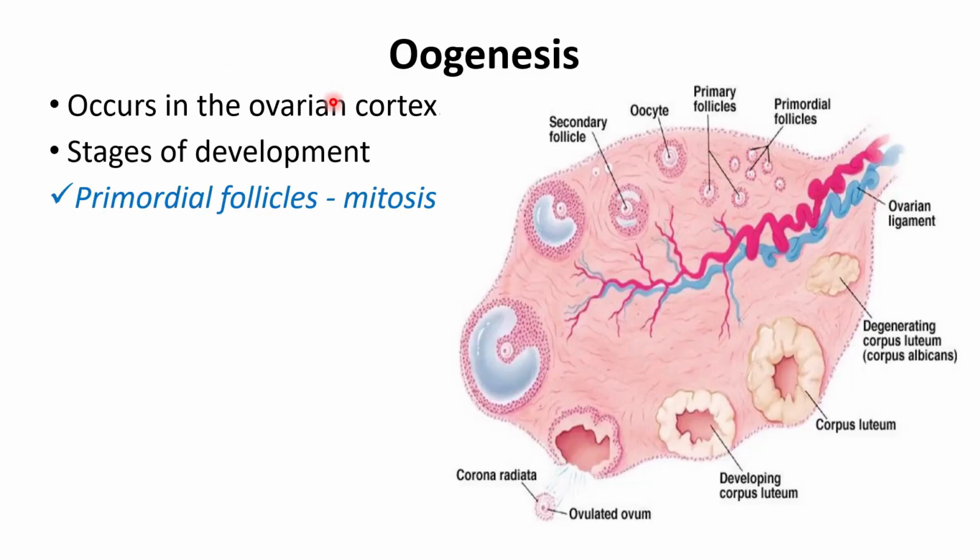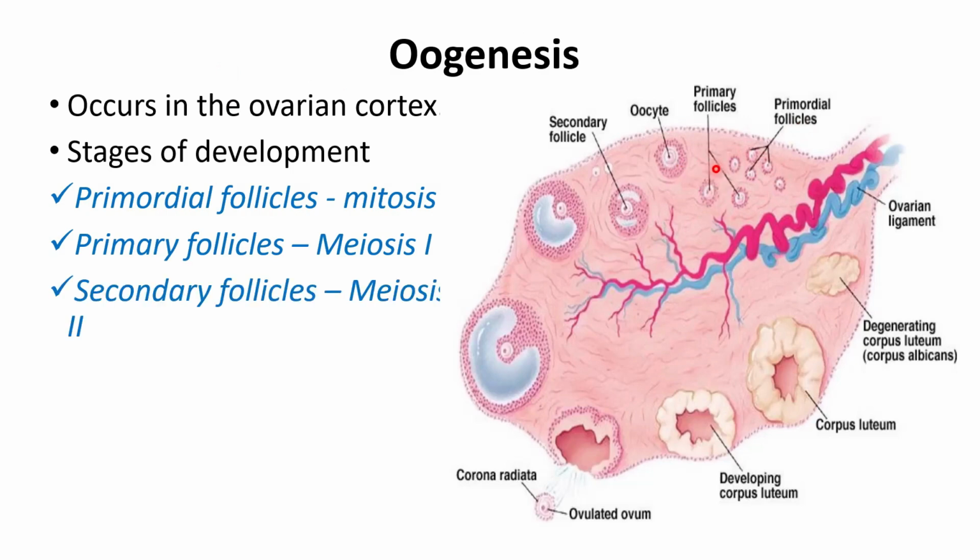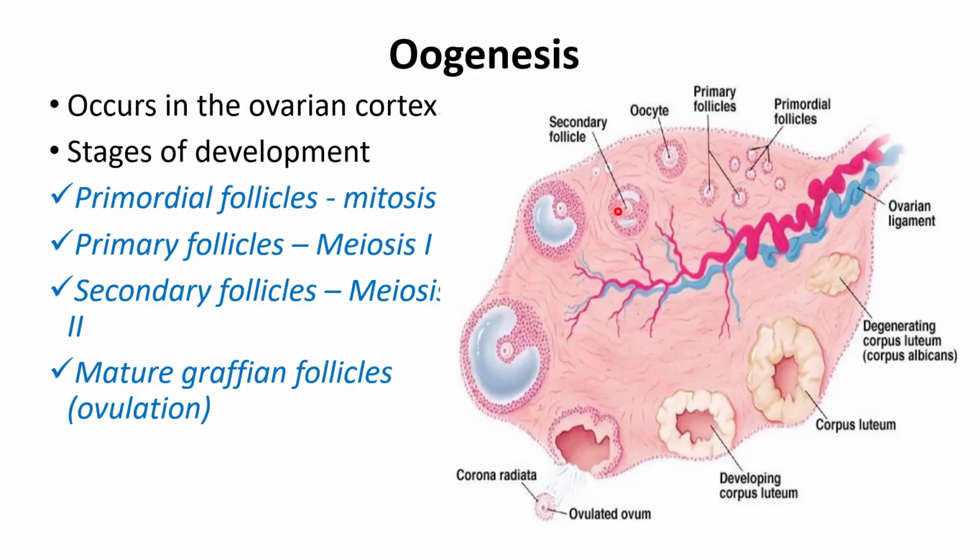So for the stages of development, you'll have primordial follicles, which undergo mitosis. So you can see these are primordial follicles. They undergo the process of mitosis. Then from primordial follicles, you'll go to primary follicles. In primary follicles, they undergo meiosis 1. Then you have secondary follicles, which will undergo meiosis 2. You'll have mature Graafian follicles. Now, when you have mature Graafian follicles, they are ready